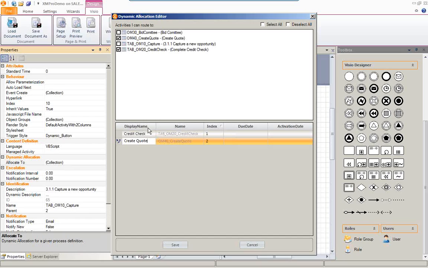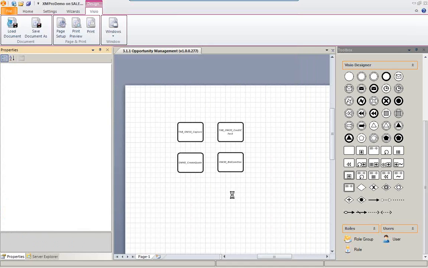And you would also see that I can specify due dates and activation dates for each of these activities. So you can define rules saying that, okay, the credit check has to be done within a week. So all those can be defined. So I will save that information,